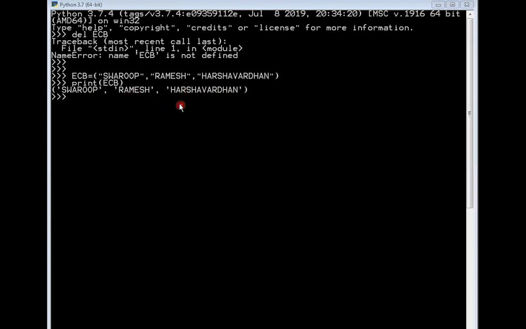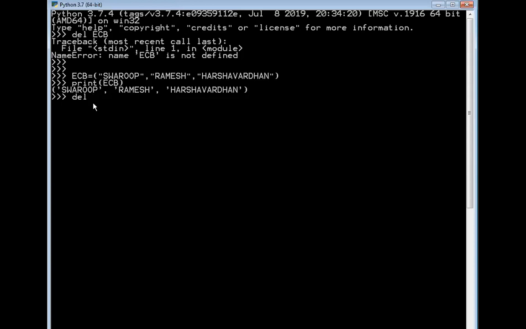Now if I want to delete this particular ECB tuple completely, how can I do that? I will be using DEL, which stands for delete, then a space, and then the tuple name.